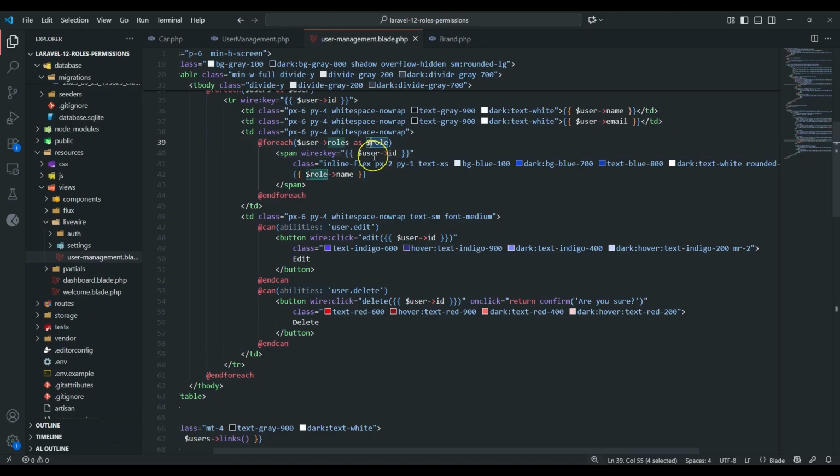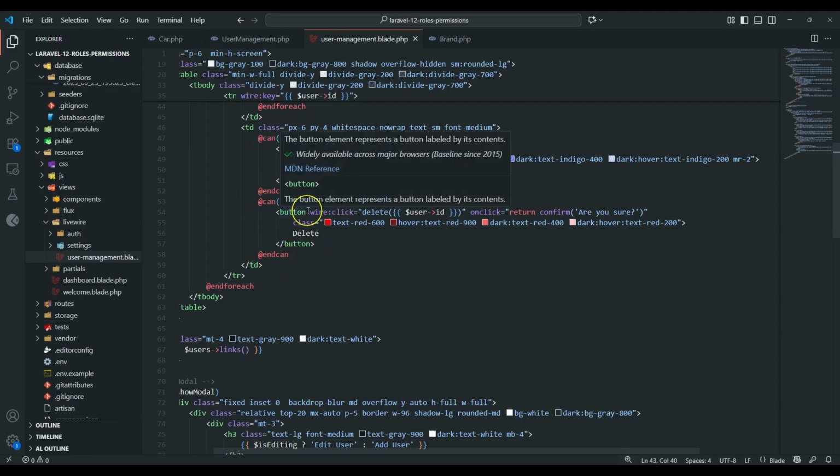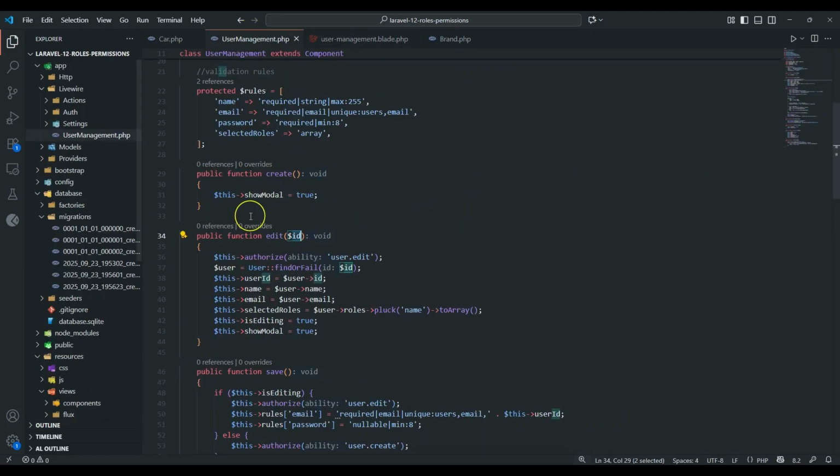So it should be role, then ID. Okay, so now that should work. So now below the edit, we have the delete method or the delete button. For this delete button, we also need to make sure that the user has the permission to delete that user. So that's when we are going to call this wire click. Then we are going to call this action or method, which is called the delete, which we have already defined